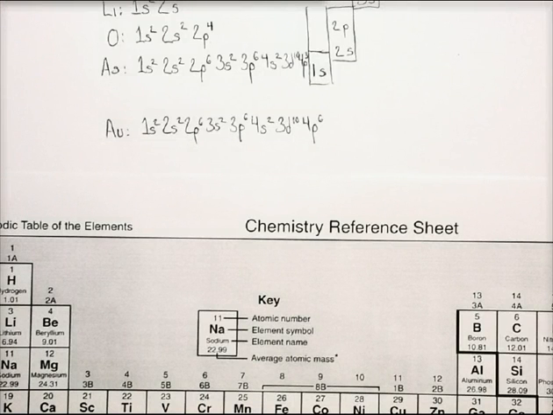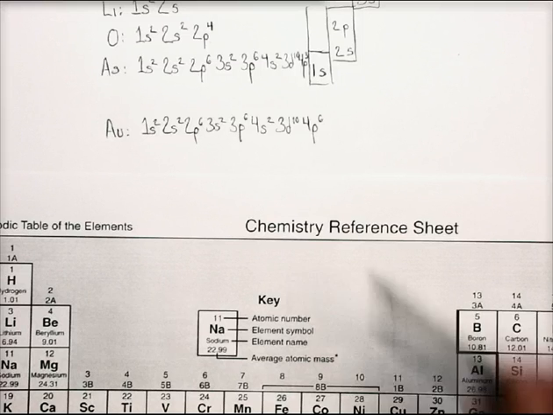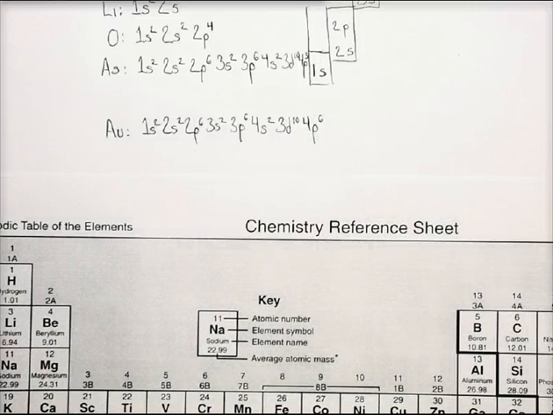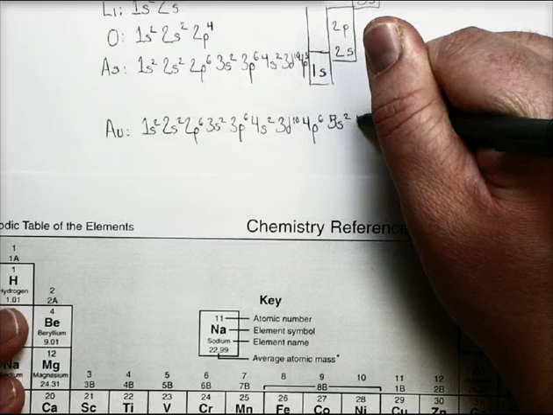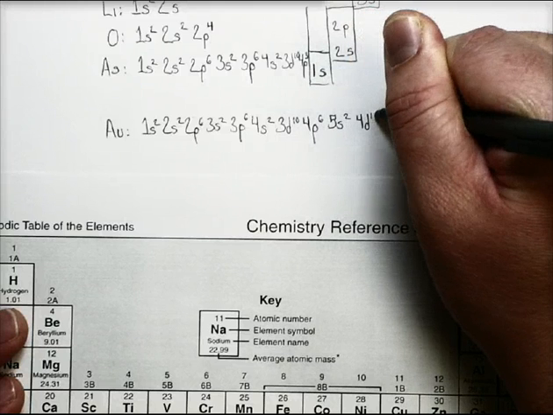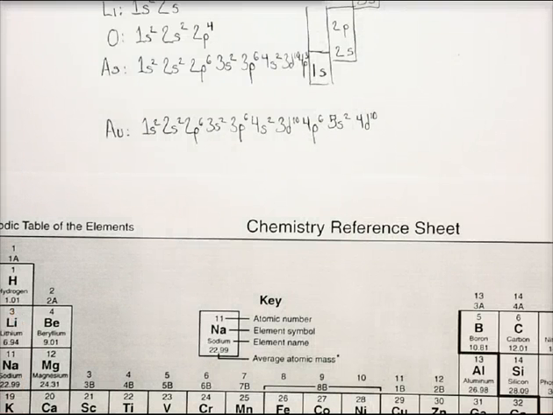All right, after 4p, we would think that 4d fills up next, but then we have to remember that the s sublevel fills up first. So we have the 5s sublevel rather. So 5s2. Now we have 4d10. And now it gets confusing again, because after 4d, the next available sublevel in energy level 4 would be the f sublevel. But just like the d sublevel doesn't fill up until later, the f sublevel doesn't fill up until